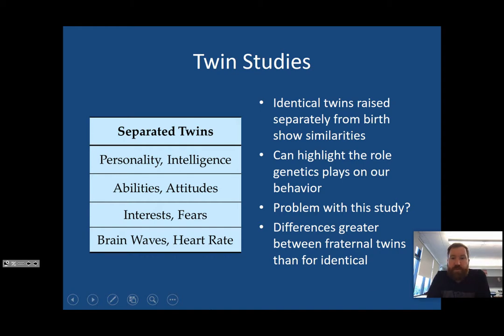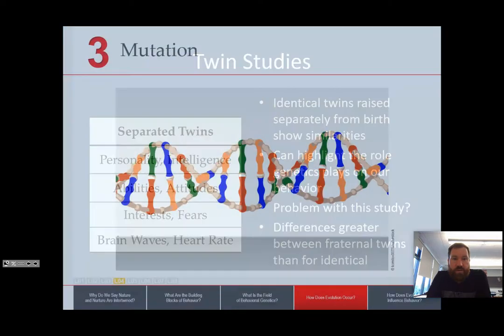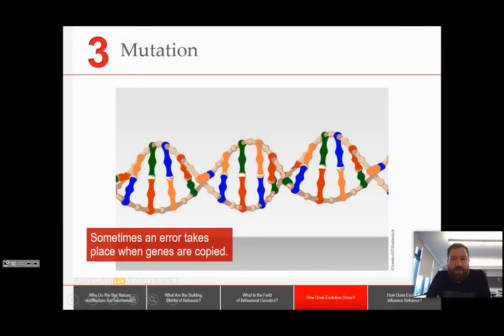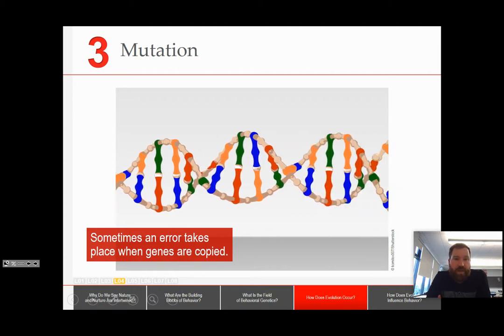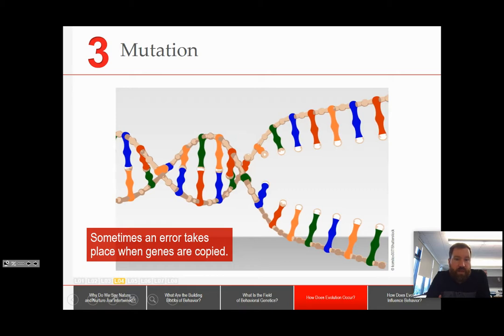So let's power through and talk about mutations. A mutation is really just an error that occurs when genes are copying themselves. As genes are making copies, sometimes they make mistakes, which then leads to mutations in our genetic code. A lot of times those mutations are very small and have no effect on our lives. Other times, those mutations are life-threatening and cause an individual to either die early or, if it happens in the womb, maybe there's a miscarriage.